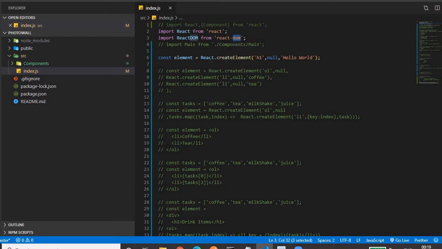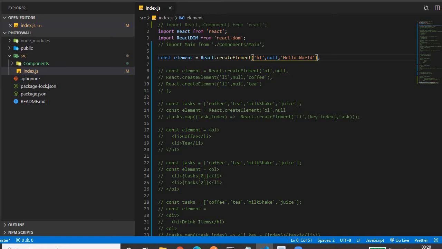That is React.createElement. Here we are creating an element. We are creating an h1 element, the header element. You can create a span, a paragraph, any element you can create. So I am creating the h1 element. Then here it is the props. We'll come to what we mean by props later. Here we don't need any props, so we are giving a null value. Then the text, the content for h1. Whatever content we provide here will be displayed within the h1 tag.